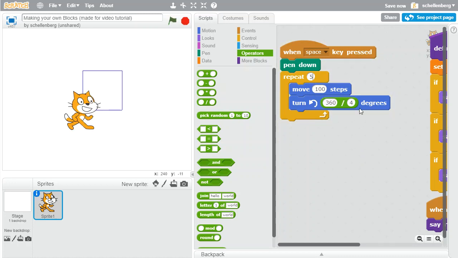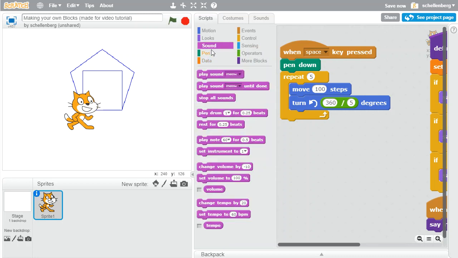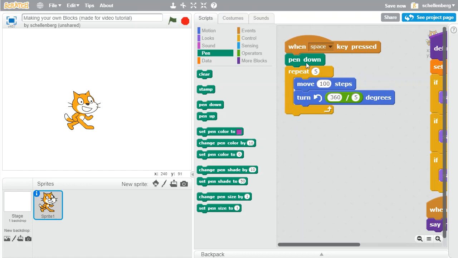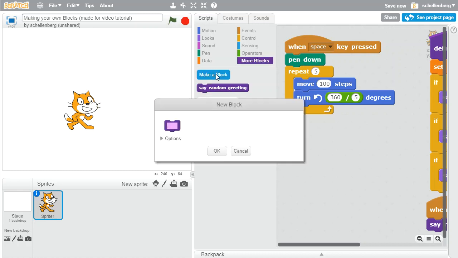I could change this to be a 5, for example, and we should be able to draw a pentagon, so that works just fine. Now, let's say that we wanted to make this a little nicer still. Rather than having the space key pressed and then run all this code, what if we wanted a block that simply allowed us to draw a polygon? Well, let's do that. We could say make a block, and this time maybe we'd say like draw polygon with,